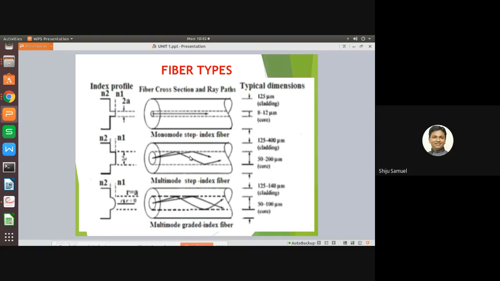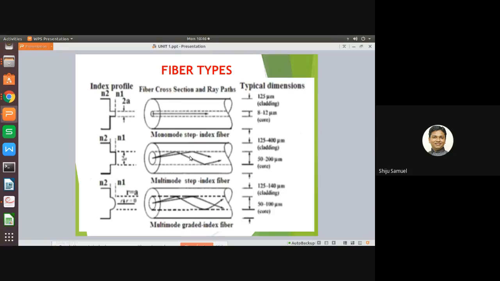So during that time what happened? The rays that are inserted, the entrance for the rays has become larger now. Now if you are observing the diameter, it is increased. So there are so many rays that can enter into the core. Here just 2 rays are shown. When I show my PDF file, it will show more clearly to you. So there are so many rays entering into the core.